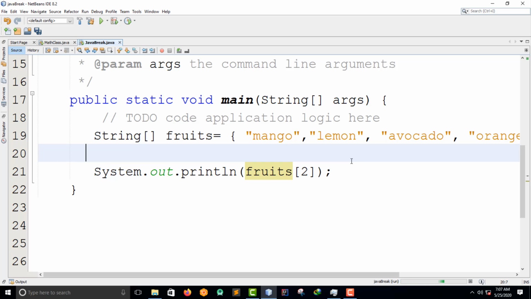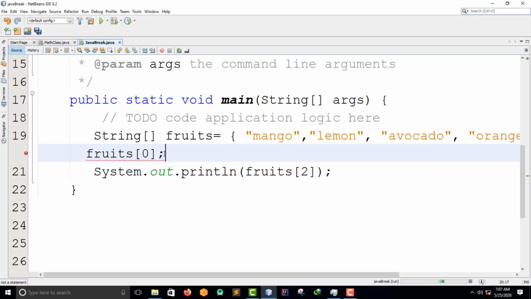I want to change the mango. I'll just come down here and say the fruit array, position 0, and then change this to something else.